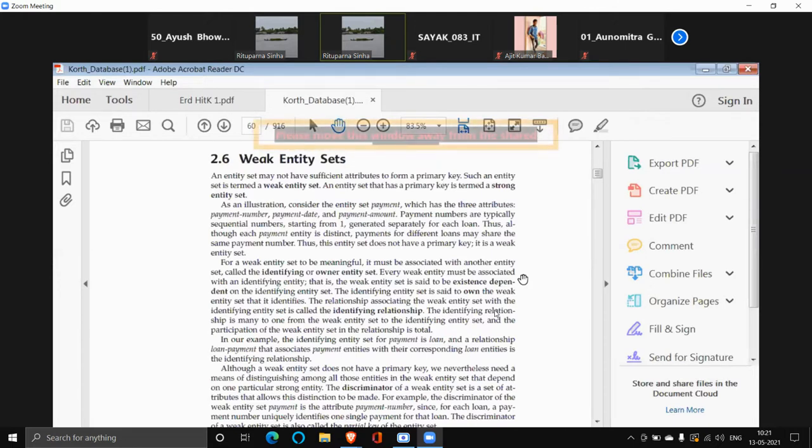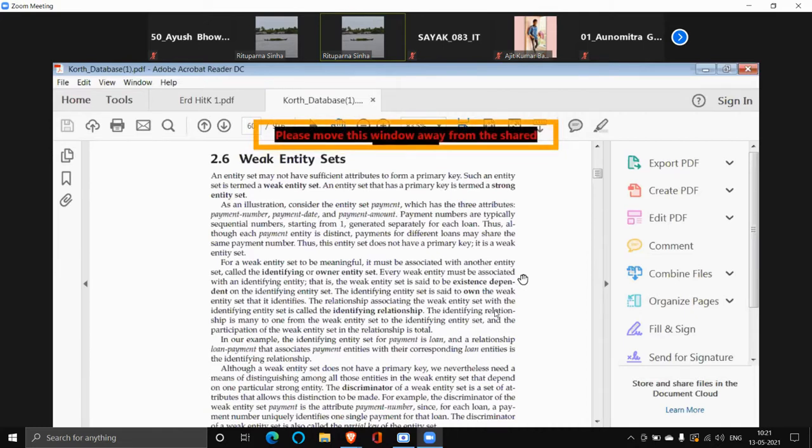Now, let the installments be payment number 1, payment number 2, payment number 3. So payment 1 is for a corresponding loan. Means I have taken a loan and that loan I'm paying back using payment 1. Suppose in payment 1, I'm paying 10,000. Payment 2, second payment, I'm paying another 10,000. This way I have 10 payments. I will make 10 payments and complete the loan amount, whatever is the amount.